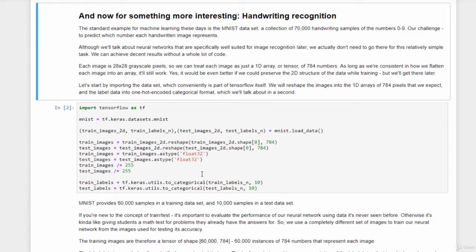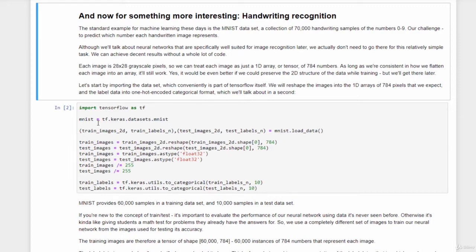And it's a good test case here because it's pretty simple to work with, pretty simple data. Our job will be to take these images of people trying to write a given number and try to figure out what number they were trying to write. So we are going to create an actual handwriting recognition system here with just a few lines of code, which is kind of cool. So again, we'll import TensorFlow, and we will load up the MNIST dataset here